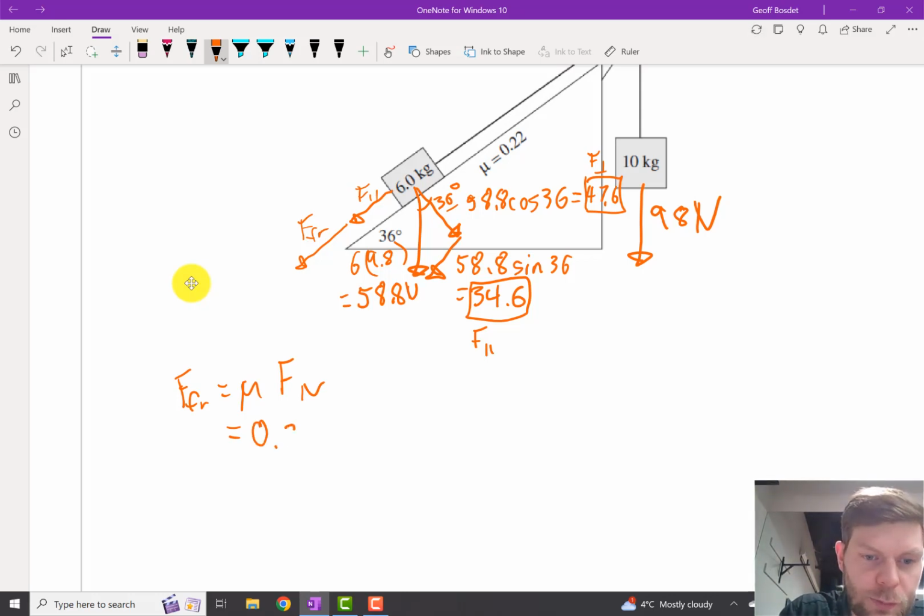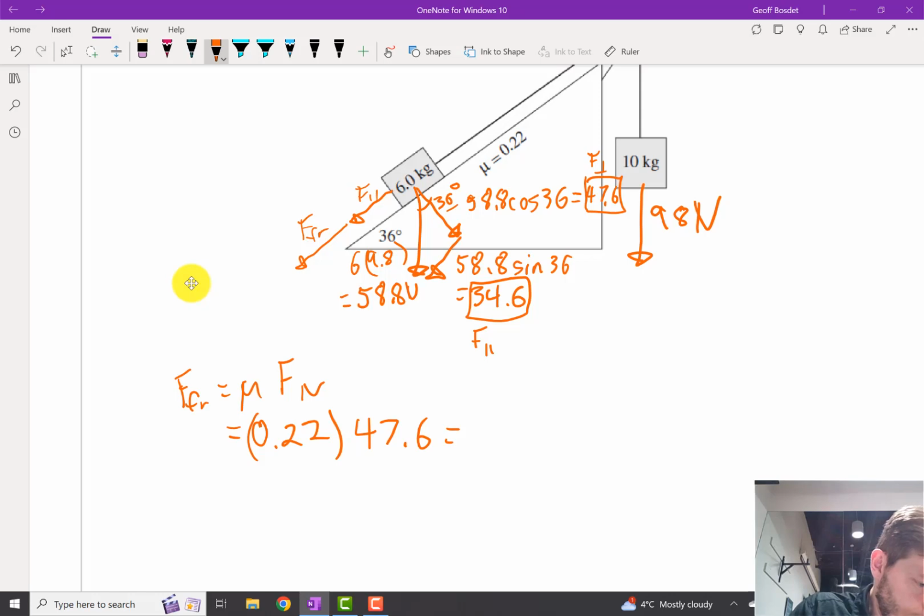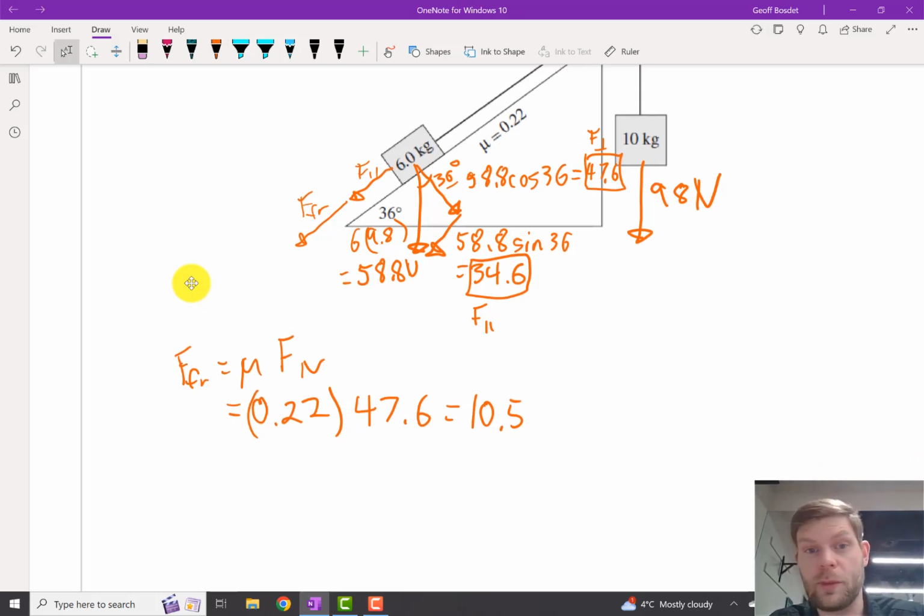So that'd be equal to 0.22 times 47.6. So 47.6 times 0.22, 10.47, or about 10.5. So we got 10.5. So it's really just a big minus small equals ma for the whole system,